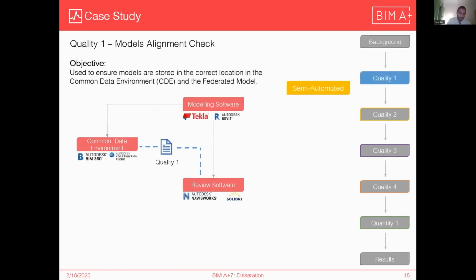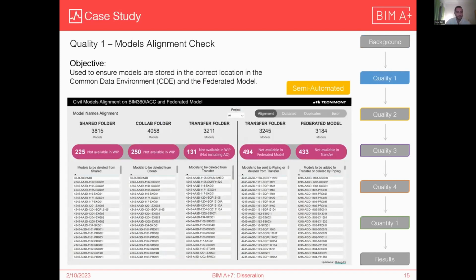Okay, going into each one again, quality. These all use the same methodology that I spoke of earlier. I'll just explain it again, the objective and what it looks like. So quality one is used to ensure models are stored in the correct location in the common data environment and the federated model. Again, like I said, the first sheet, you can see the alignment between shared folders and WIP on the left, shared collab and transfer folders on WIP,